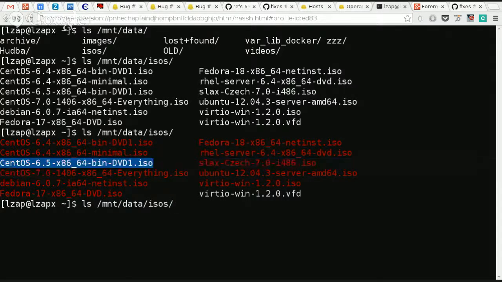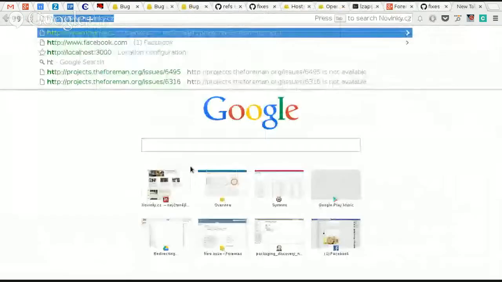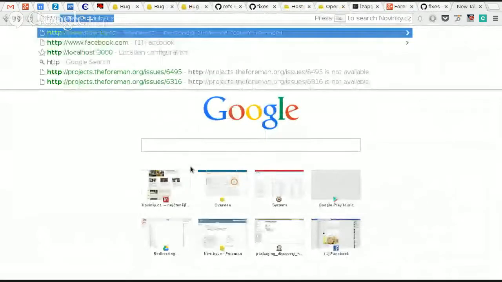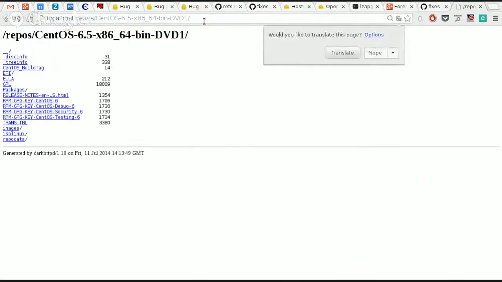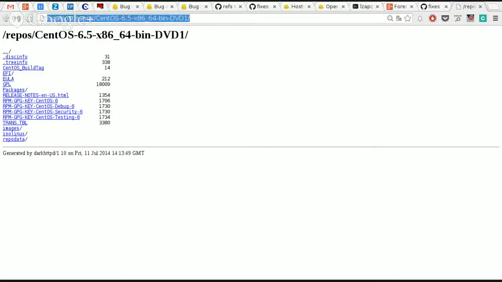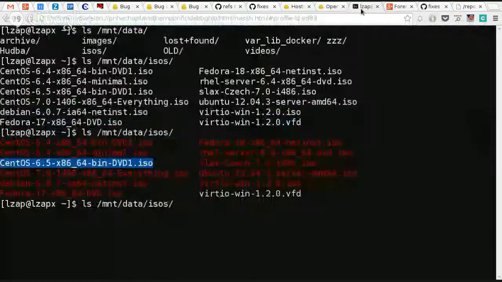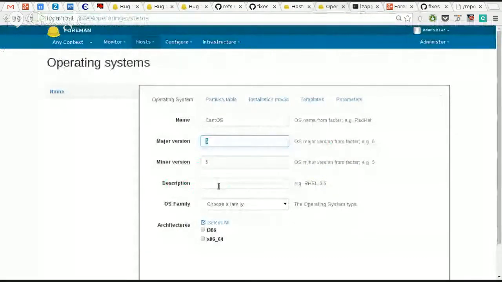So I guess if I go to HTTP localhost/repos, without the ISO, I guess. Oh yeah, so I'll create a CentOS 6.5. That answers your question. We want it to be fast. So let's do CentOS 6.5, and the description is really